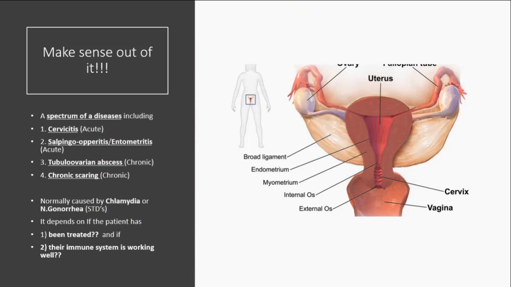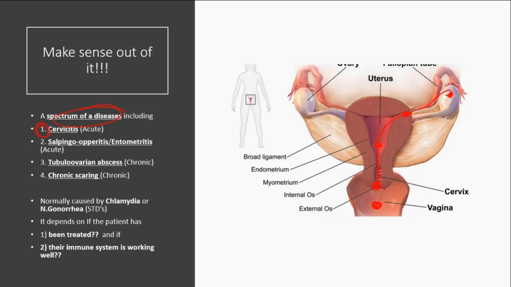Okay, so the first thing to understand about PID is it's not one disease. Stop thinking of PID as a separate disease. What you should think of it as is a progression of diseases along the anatomy of the female genital system. It could start off from the vagina or cervix, and depending on the person and the severity, it can ascend into the uterus, and then it can ascend into the fallopian tubes and to the ovaries as well. So it's actually a spectrum of diseases. It's not one single disease, but a spectrum, and it involves